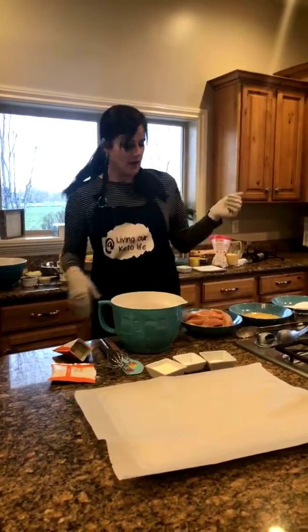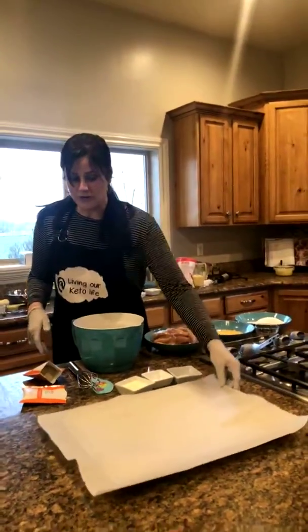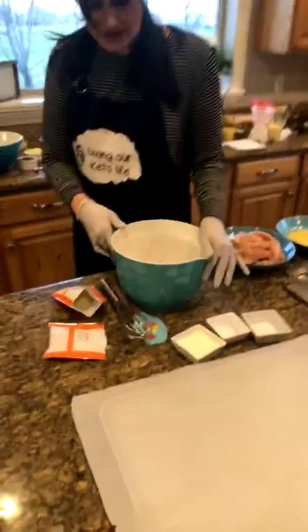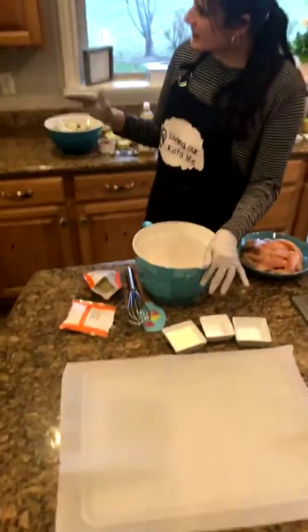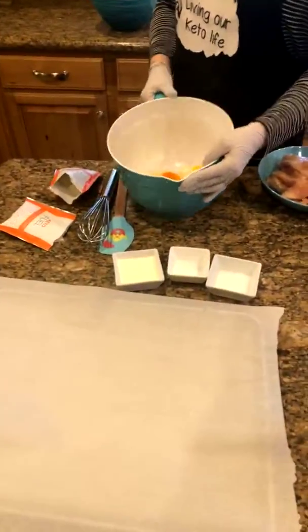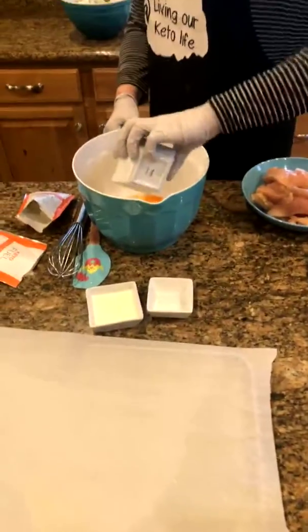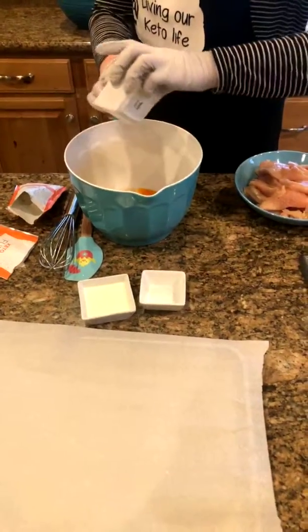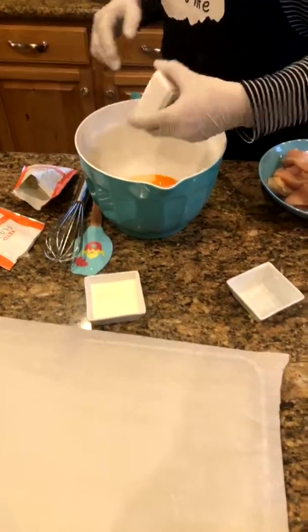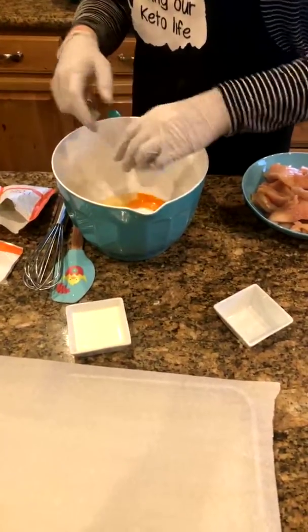Oh, that's a lot. Okay, so what we want to do here first is start with our cake roll. And I have so many cake roll recipes, and it's kind of a basic standard on the bottom, but let me just show you what I did. So I've got 4 eggs in here. To that, I'm going to add some granulated sweetener. Not much, just a little, because our keto fuel is already sweetened. And then we're going to add some baking powder,